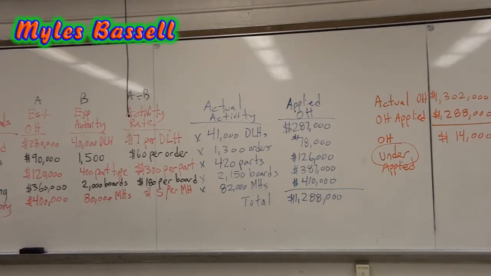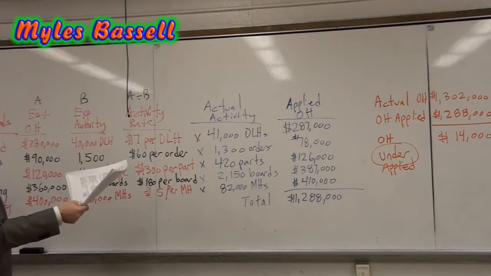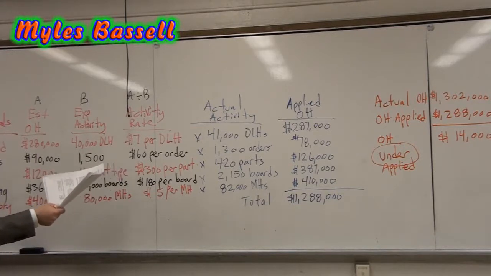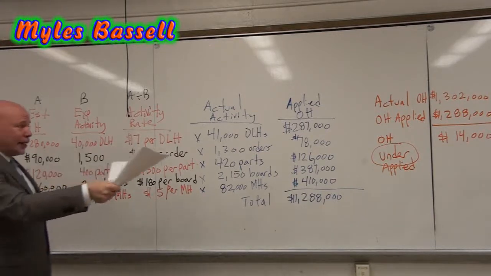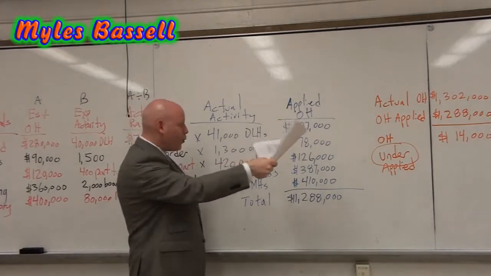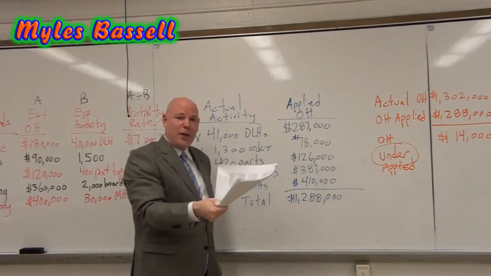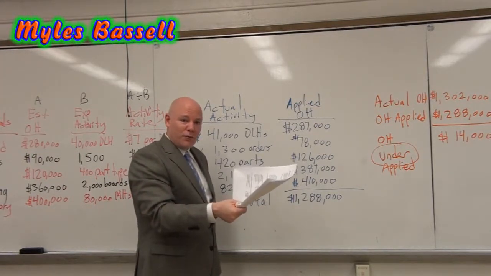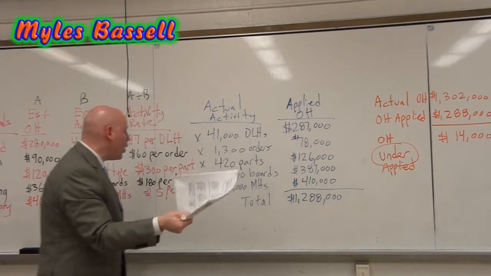We only journalize what we calculated off of the estimated amounts, right? Like the 280,000 for the estimated overhead. We don't journalize that. We just use that number to calculate the activity rate for the actual amount of labor hours. Exactly. Of course, to get the applied overhead, the amount of the applied overhead. This is what we know